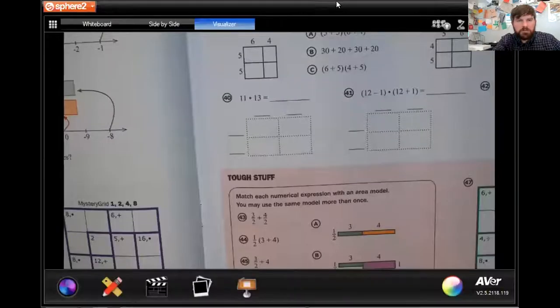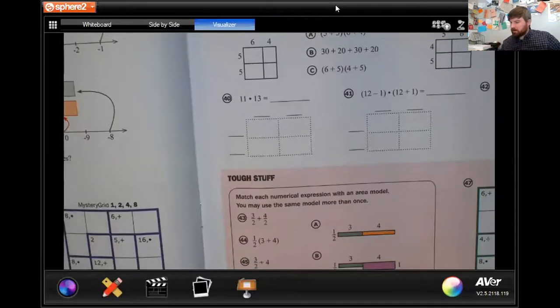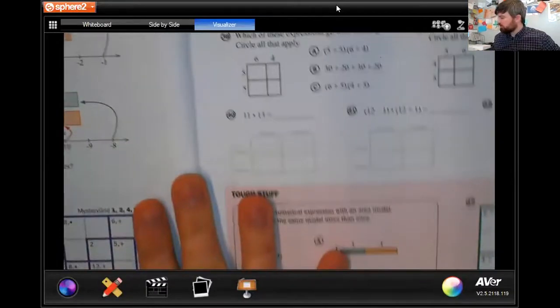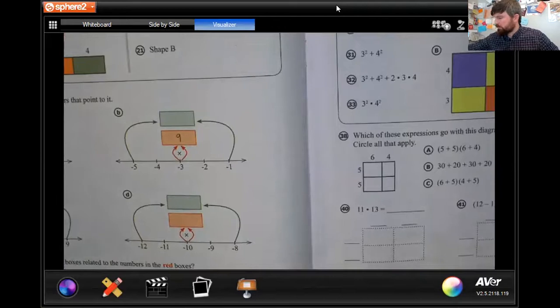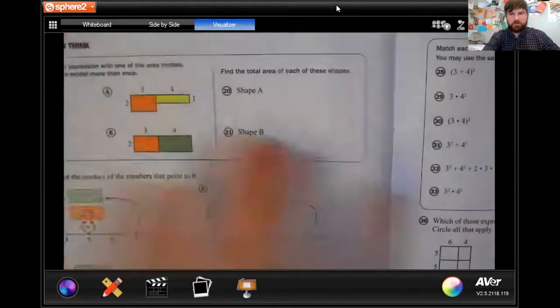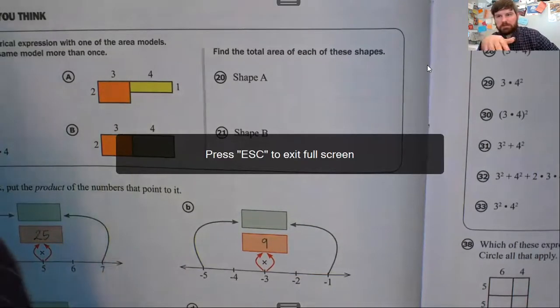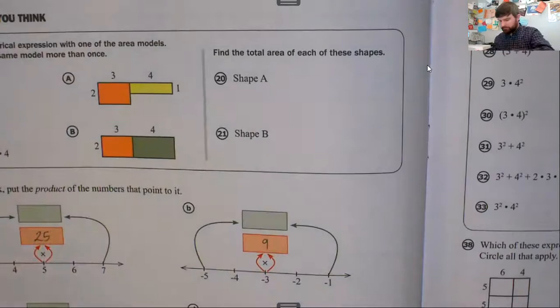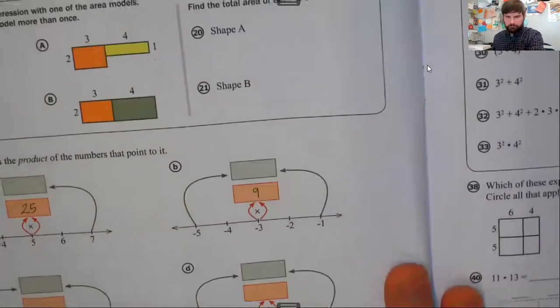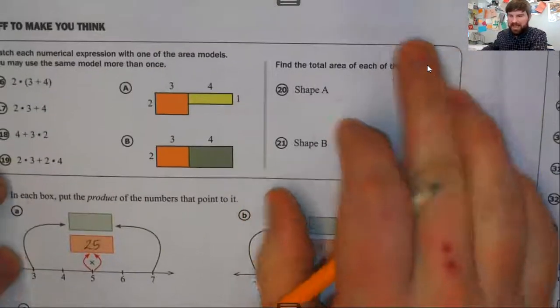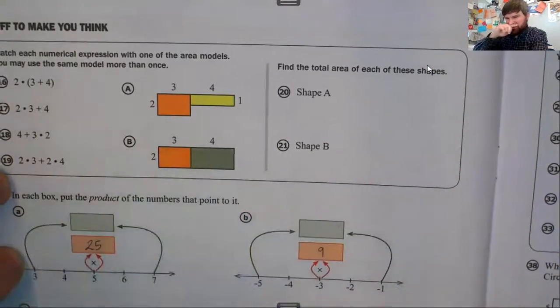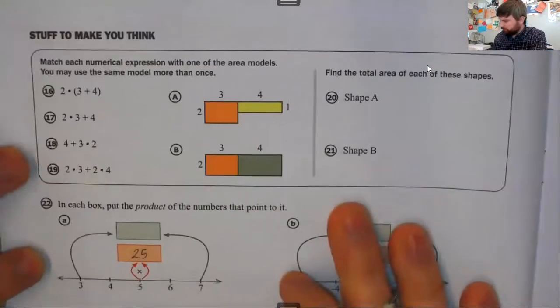So we talked about using the area models to help us multiply numbers. And we looked at some large ones with addition as well. And in this section here, things get a little bit tougher because they add some different shapes and some different types of problems in here. Okay, so